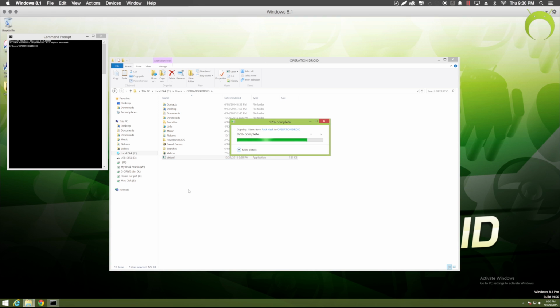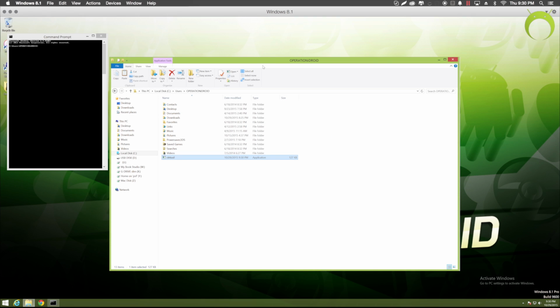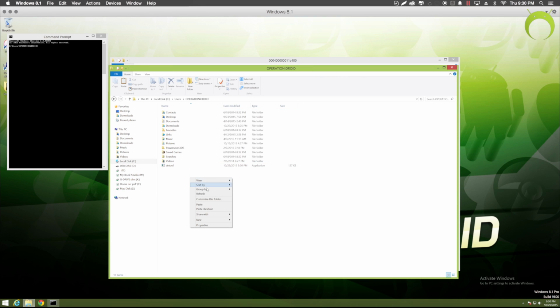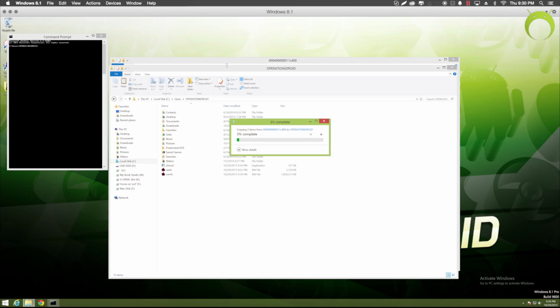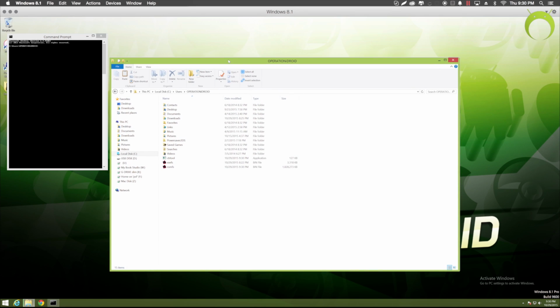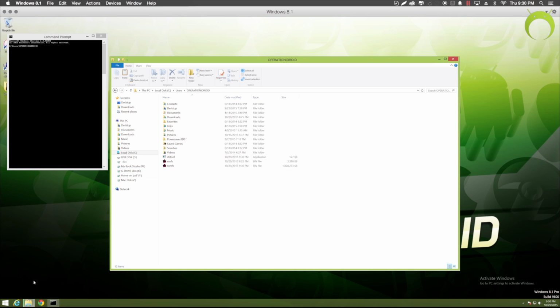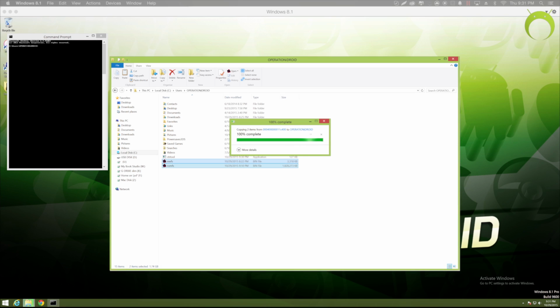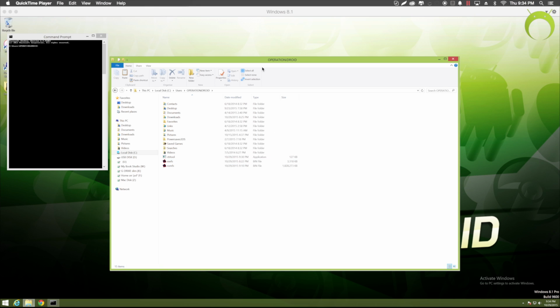Now that that folder is there, we're going to go back into the ROM hack starter pack, and at first actually you're going to move the two files that we got from the folder that has the long string of numbers and paste it into the same place where you pasted your CR tool, which in my case is C user operation iDroid. Now these files are extremely big, so it will take some time. However, I did speed that up, and once those files are in the correct place, as you can see I'm placing them here, now we're going to go back into the ROM hack starter pack, and we're going to open